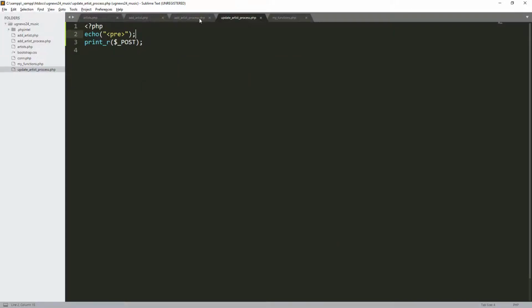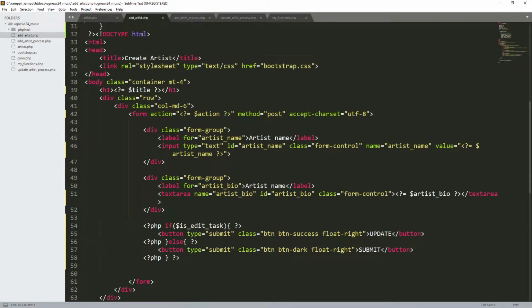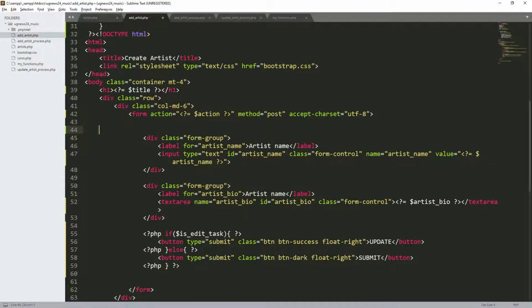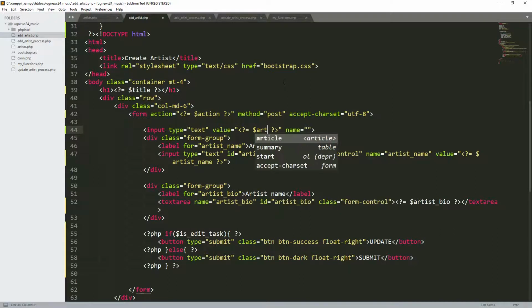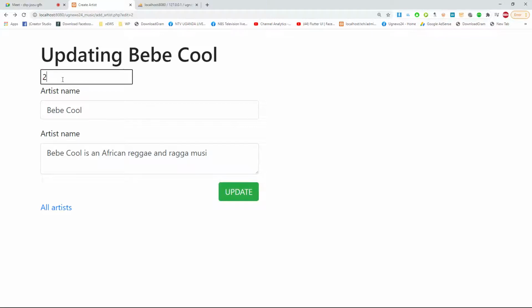So I will just simply come here in the add artist. I'm going to put here another input, input type of text, and then I'll give it a value in PHP, artist ID. I also give it a name, artist ID. So I save. So if I come and refresh, you see, when you're editing artist, we now know the artist